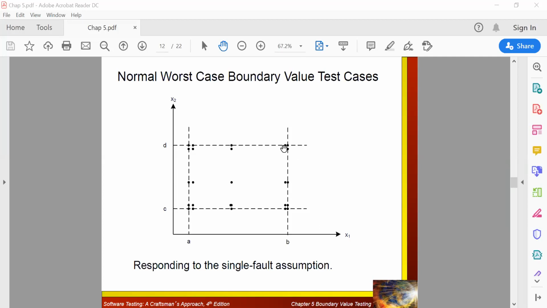Why are 4 points available? Only 2 points was more than enough with respect to this particular thing, right? But here, A is also coming, C is also meeting. So at the meeting point, in the same A, one particular area, in the same C, one point. So with respect to A and C, one more point I need to identify. Why? Because with respect to boundary value analysis, the next immediate point you need to take. So that's why we need to focus on these 4 points.